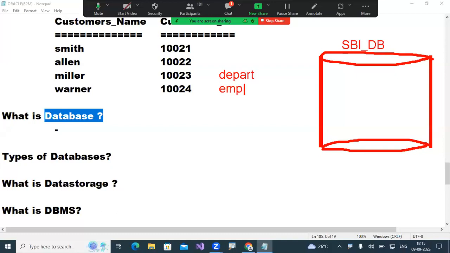departments. Here I want to store departments information. Next, what do we require? Employees. I require employees information. Later, what do we require here? Customers. I want to use customers information, like customers' loan details. If any customer takes any kind of loan from my bank, that is the loan details. So like this, I need to maintain some information regarding my banking sector. These are a few things.